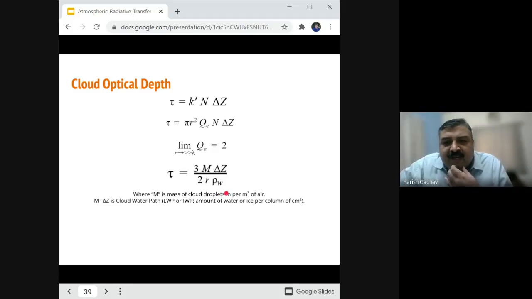Yes, that's the correct answer: 10 raised to 3 kg per meter cube. But if you are talking about ice particles, then this will be a little smaller, because ice has a lower density than water. So what I have done is